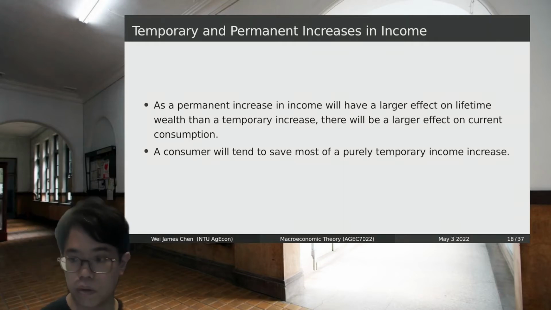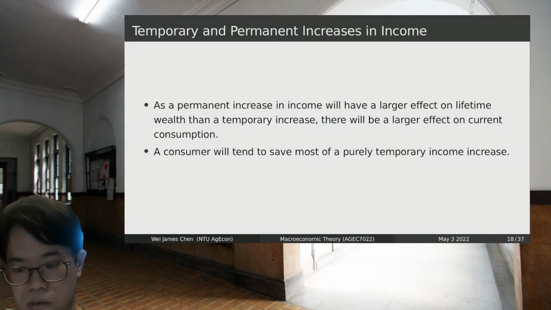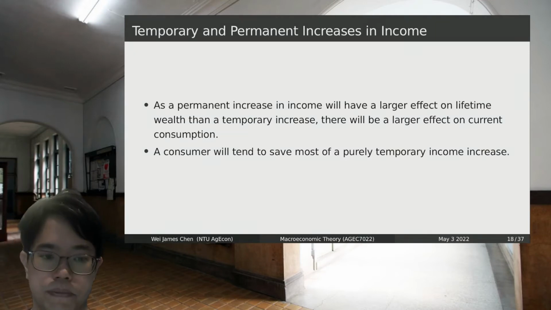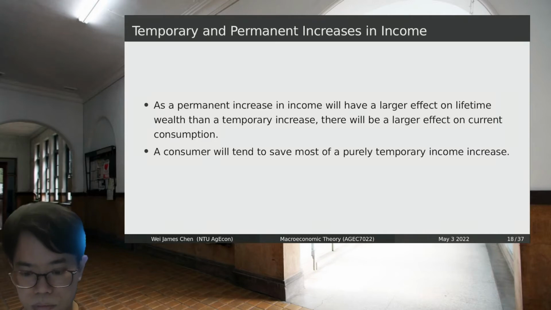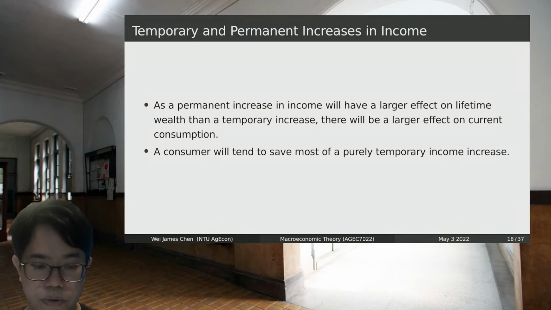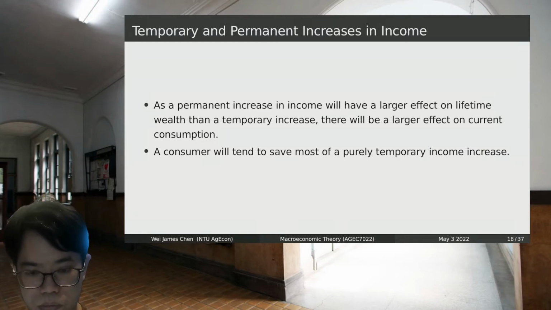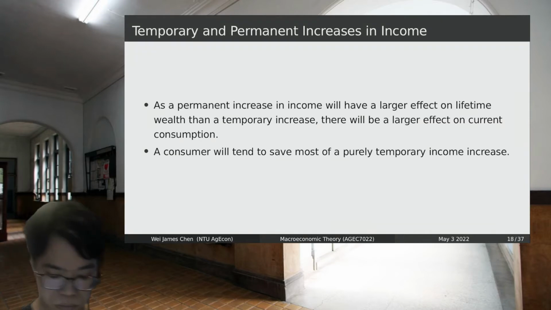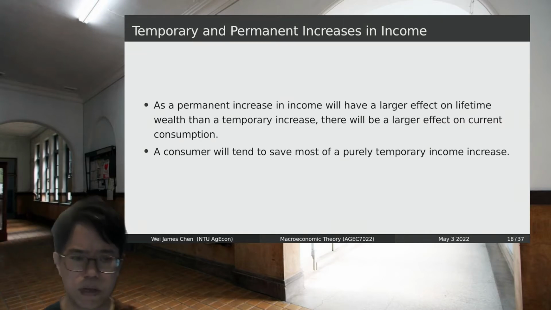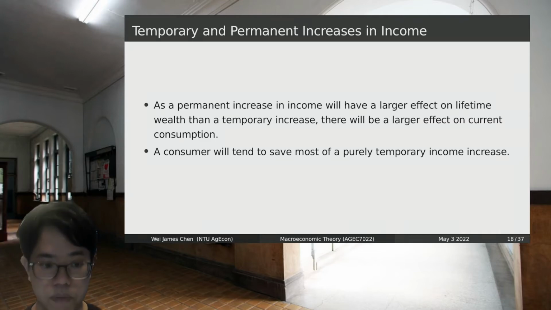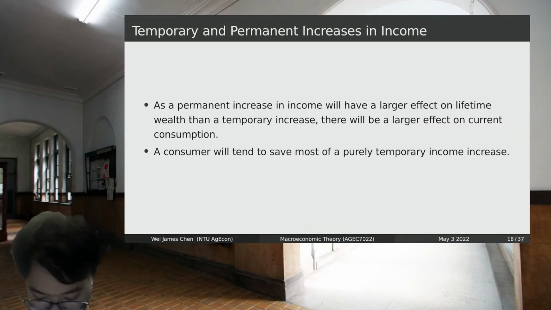Okay, so any questions from the last lecture? Just curious, did you guys learn this kind of or very similar model from the microeconomic class this semester or last semester? No? Okay. I think I sort of learned this in my intermediate micro when I was in undergrad. Okay, in any way,